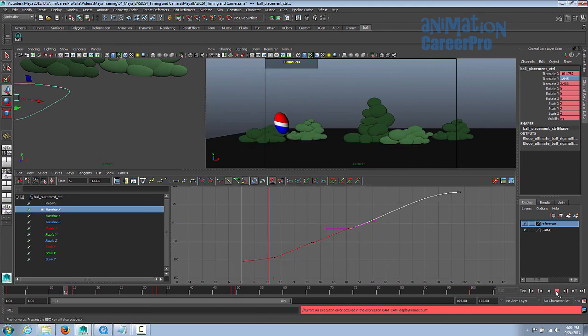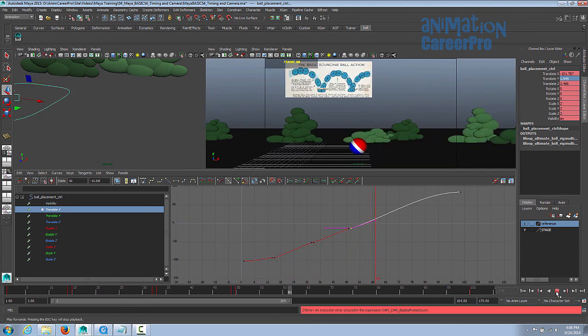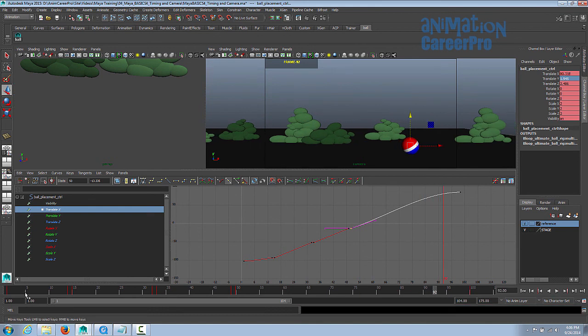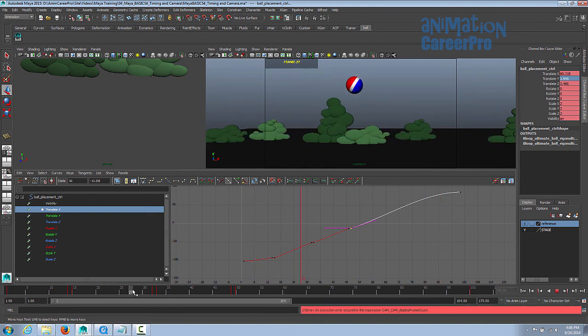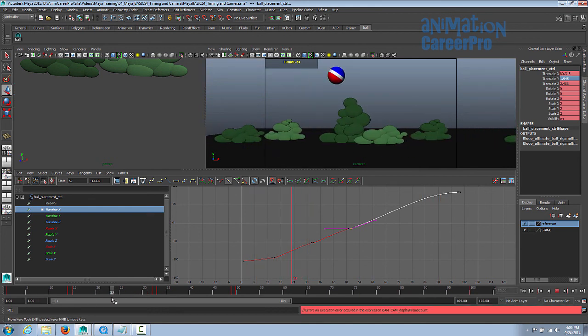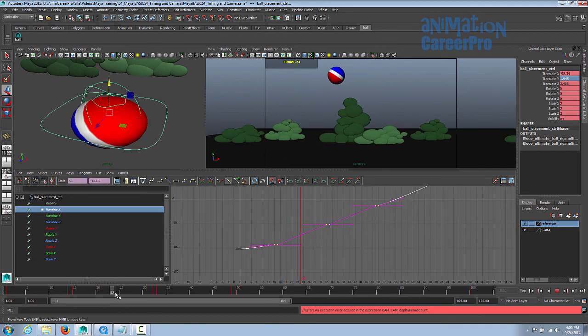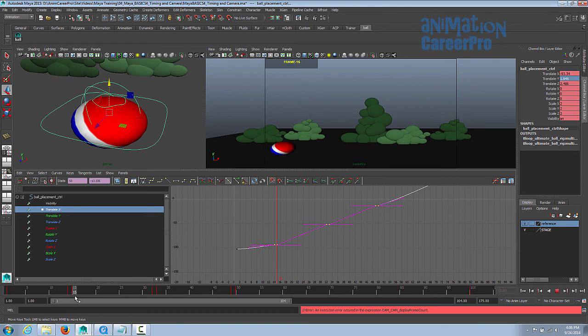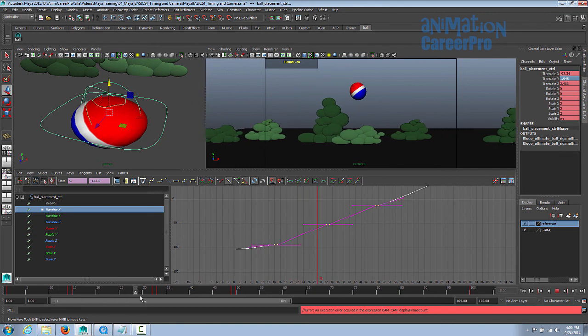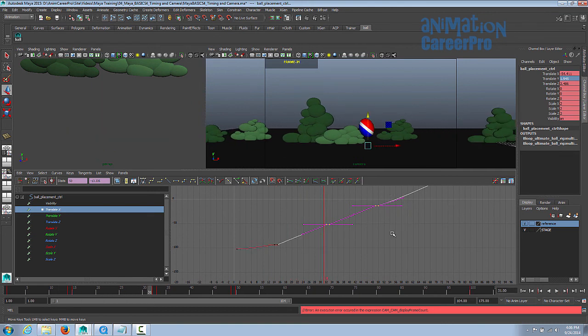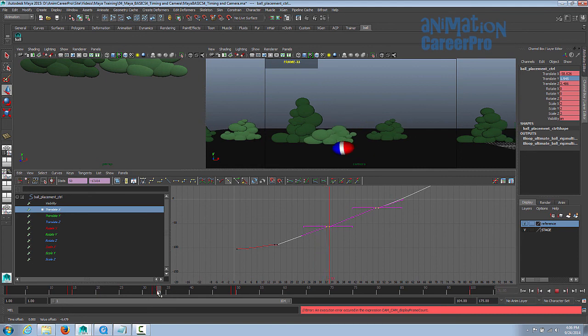Okay, so let's play our results now. It's looking a little better. I'm noticing though that it's shooting forward quite a bit in X right here. So that's just because of the translate X angle here. So we'll just bring these down a little bit, and it'll just change the place where it actually impacts the